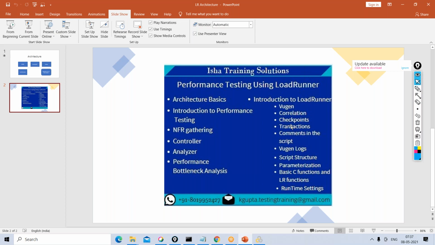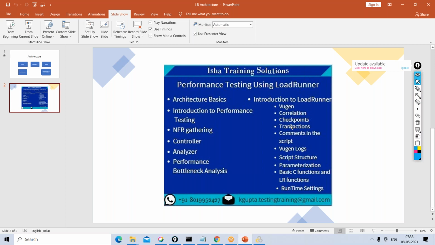Along with this course content, developing the script and learning how to write a script, how to enhance the script so that we can run it a number of times, will take at least a couple of weeks to learn everything step by step. There will be different concepts within LoadRunner we have to understand, and we have to learn to develop a complete script, right? So it will take a couple of weeks for that.